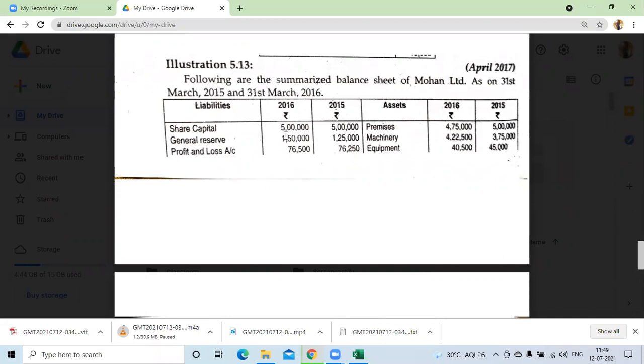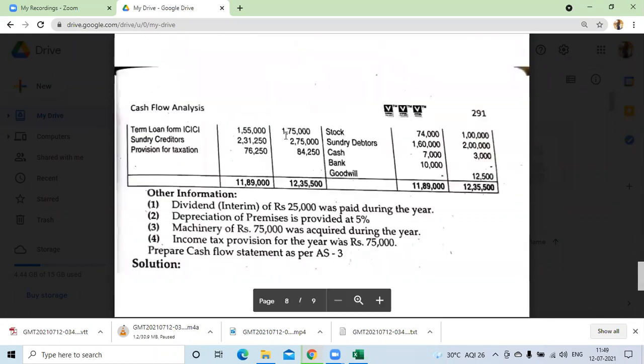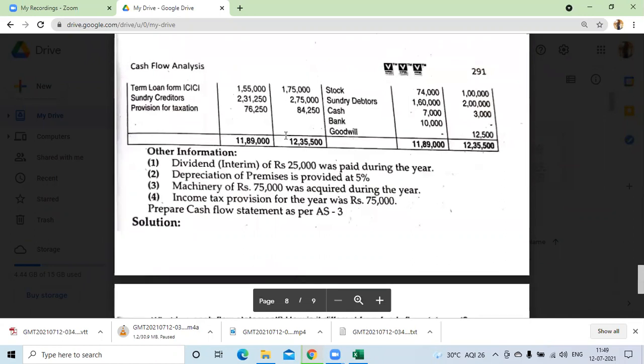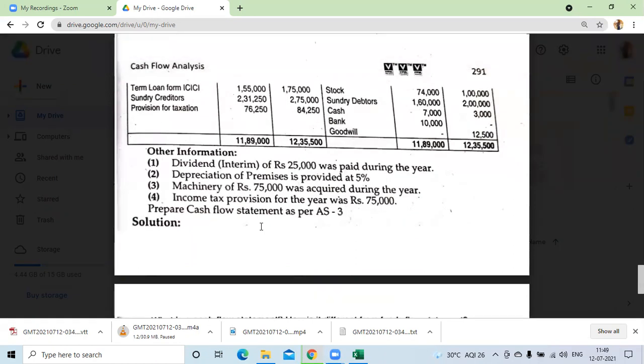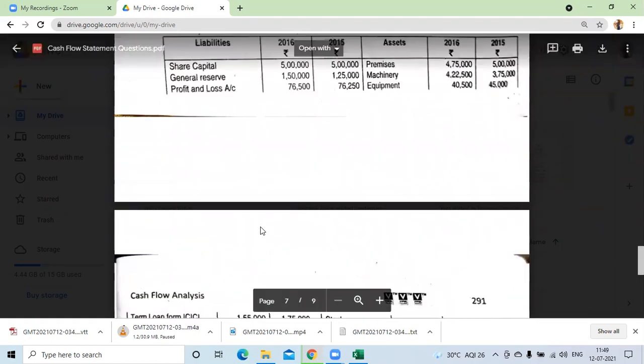Are you sure I'm giving you just one sum as homework? It will take hardly half an hour to complete this. Is that okay? I feel there should not be any doubt, but in case you have any doubt, you can clear it out in the next lecture. Is that okay? Yes, ma'am. Okay. So note down please, 5.13 homework.